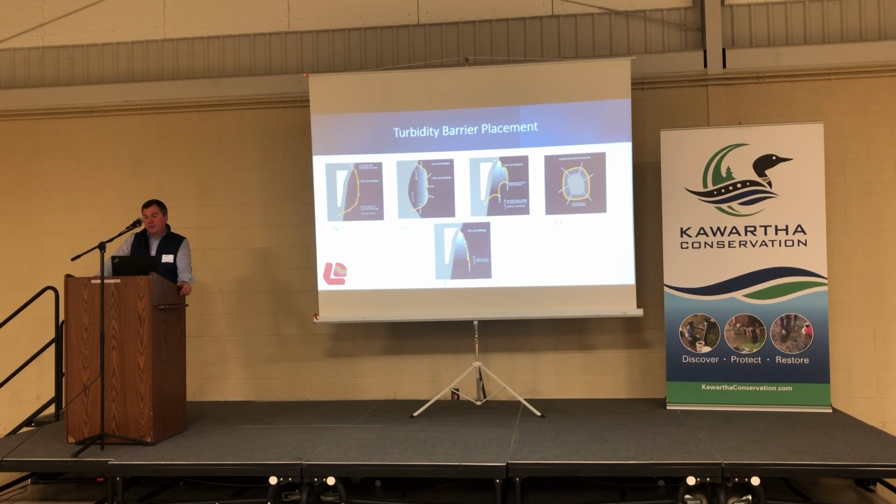Figure 3 is applications up to 3 feet per second, so a fairly significant flow rate, positioning the anchors on the downstream side of the curtain. And then you've got figure 4, an island or a submerged area that you're trying to isolate. Again, using those anchors to maintain the shape of your curtain and to do an effective job. And then the same with figure number 5, that flow rate positioning, keeping one side of the curtain open and containing the sediment on the top side of the containment.